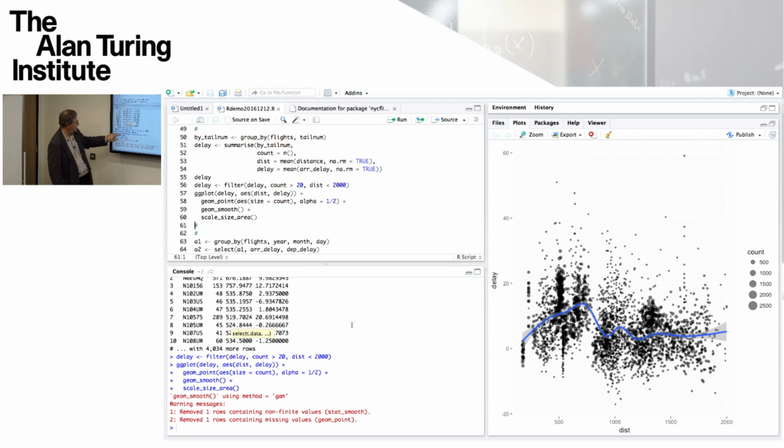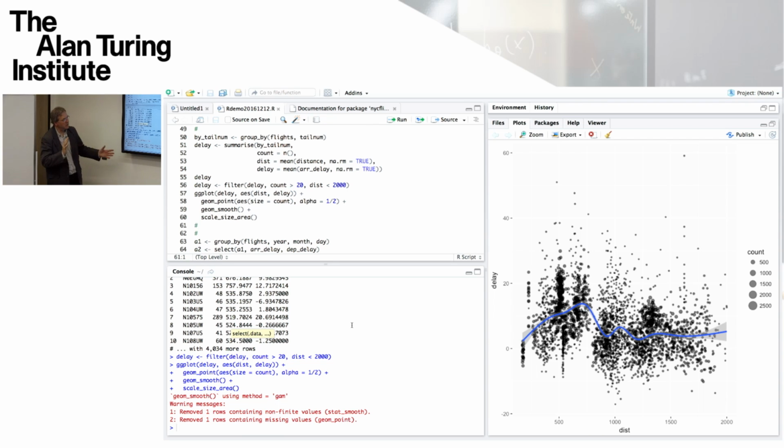The points have not just an x-y position, but a further aesthetic associated with them, which is their size. So the points are individually sized according to the count value, and that's an aesthetic relative to these points. And these points also have an alpha, so if alpha is half, then they're slightly greyed out, halfway between 0 and 1.